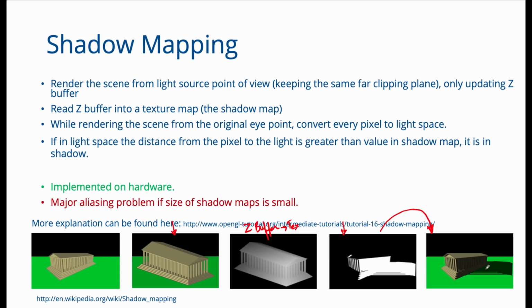So I want you to go through this shadow mapping example and the previous shadow mapping illustration that we have shown in these slides, and try to convince yourselves that if you do not have enough resolution in the shadow map, then you will observe aliasing or jagged boundaries for the shadows. The shadow boundaries will not be smooth and neat.